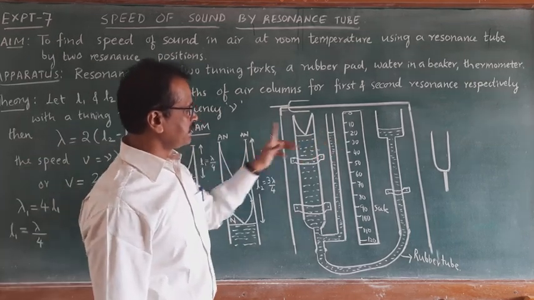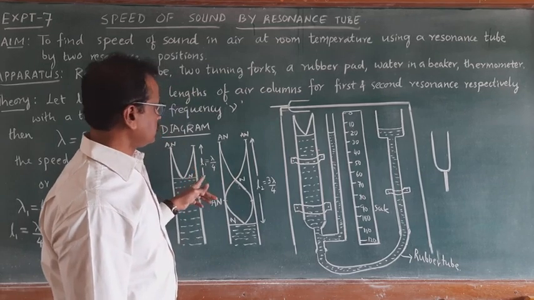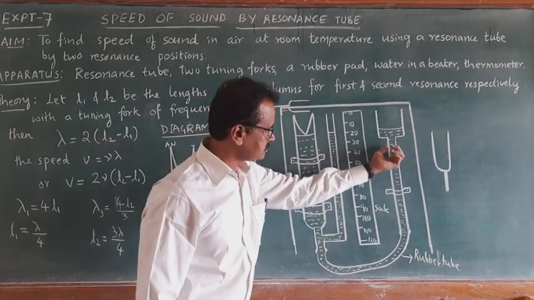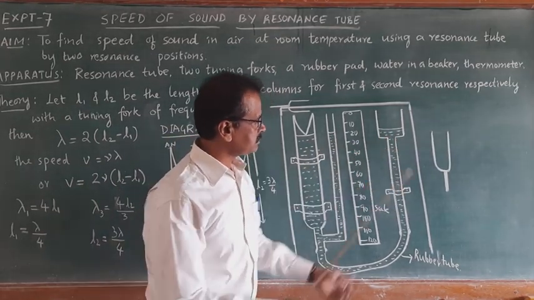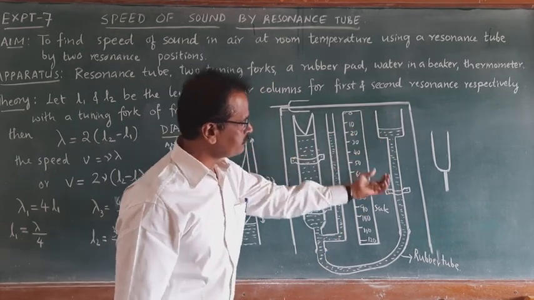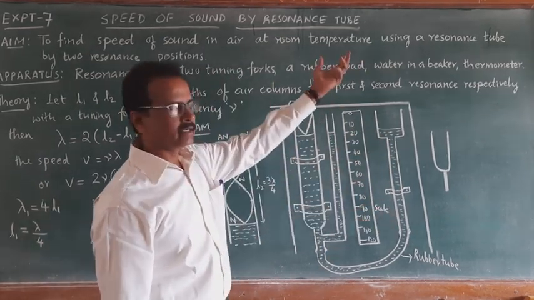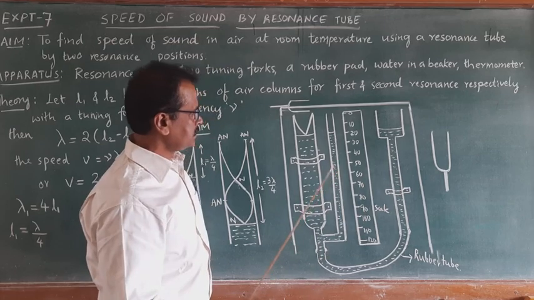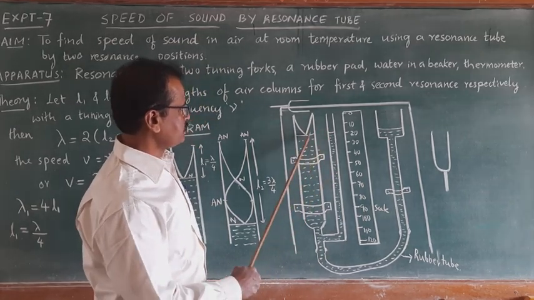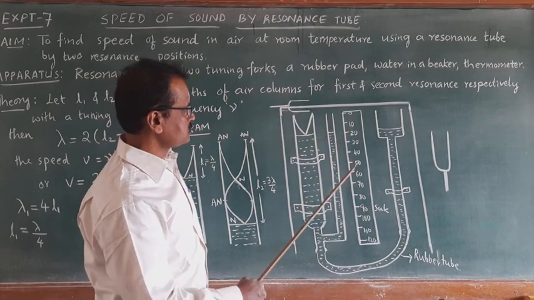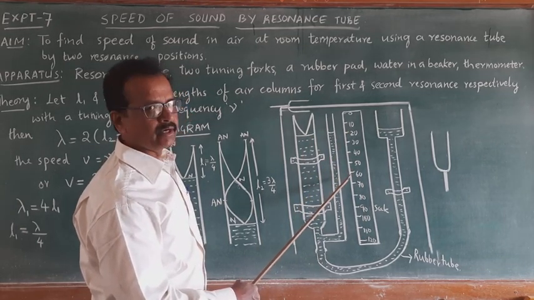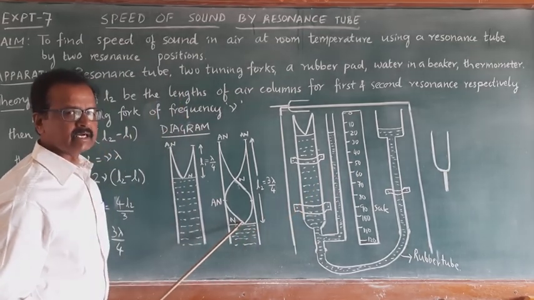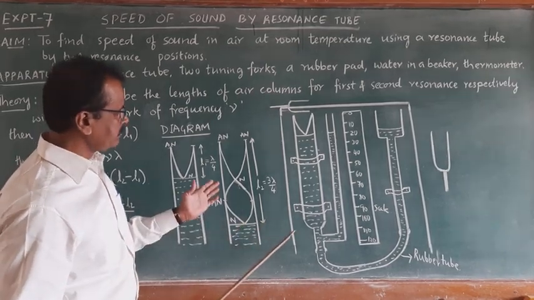After obtaining the first length L1, we go on lowering the water level using this. This last column is movable. It can be lowered down and it can be raised up. So when we go on lowering it down, the water level goes on decreasing. Approximately 3 times this one. Suppose this is 20 now, approximately around 60, 60.1 or 60.2, we get the second resonance length, at which again we hold